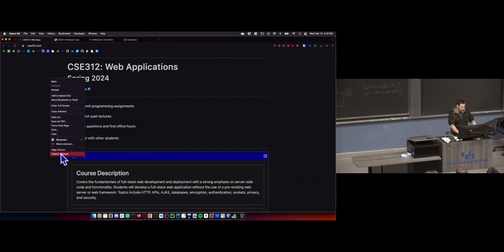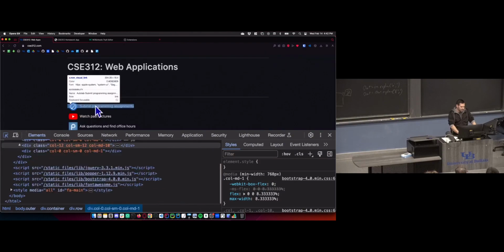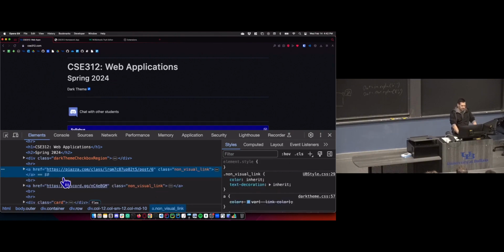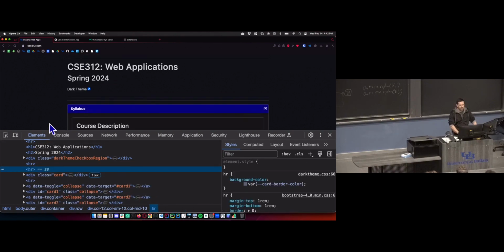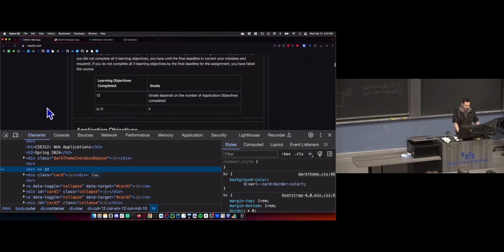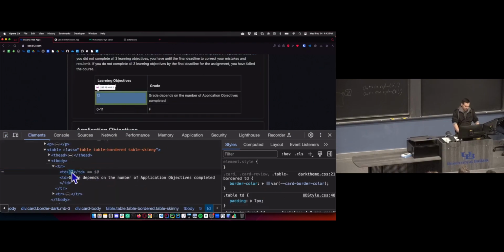So I'll start with a simple thing. If we click this button in the browser console, we can edit the HTML to whatever we want. And the simplest thing is just delete things. If I want to destroy part of this page, I'm only destroying my local copy on my laptop, but I can modify anything that I want. So if I don't like the grading structure of this course, I can just go in here and say 0 through 12, I pass. And oops.